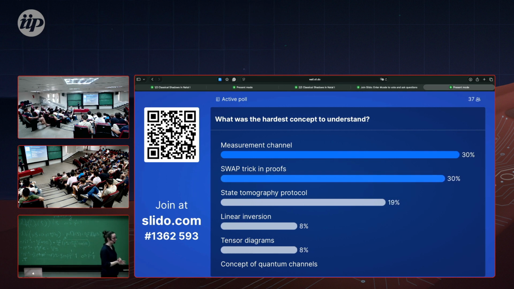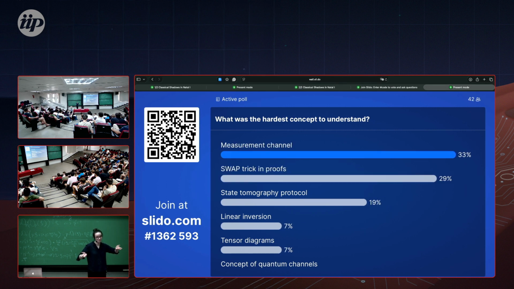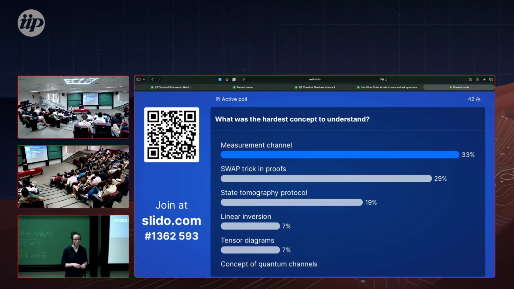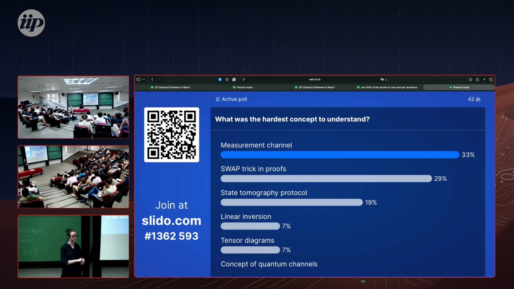If you want, in the next lecture, I can do the calculation with sums over indices and then show you that it really works and how that translates again to this diagram. Would that be something that you would be interested in to understand the swap trick a bit more? Or do you say that was the hardest concept, but I still understood it? Okay, it looks like it's more the hardest concept, but not something that you want to dive into again.